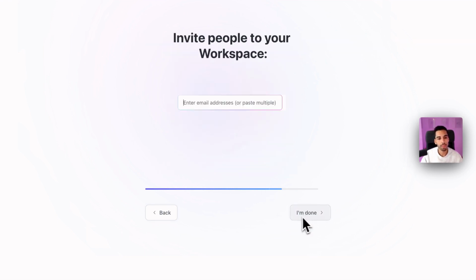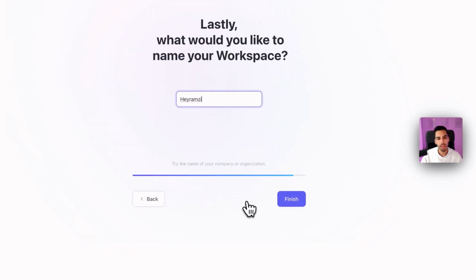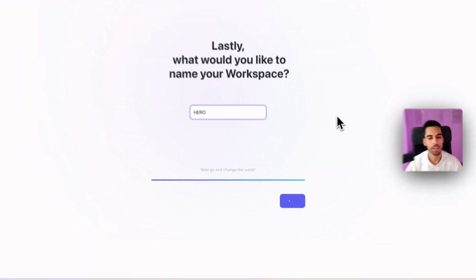And then we're going to skip that and skip the invite people to our workspace because we don't want to do that yet. We want to make sure our workspace is well set up before inviting our first coworkers. I'm going to say I'm done and I'm going to name my workspace. I'm going to pick a name called Hero, assuming my company has that name, and ClickUp is going to create